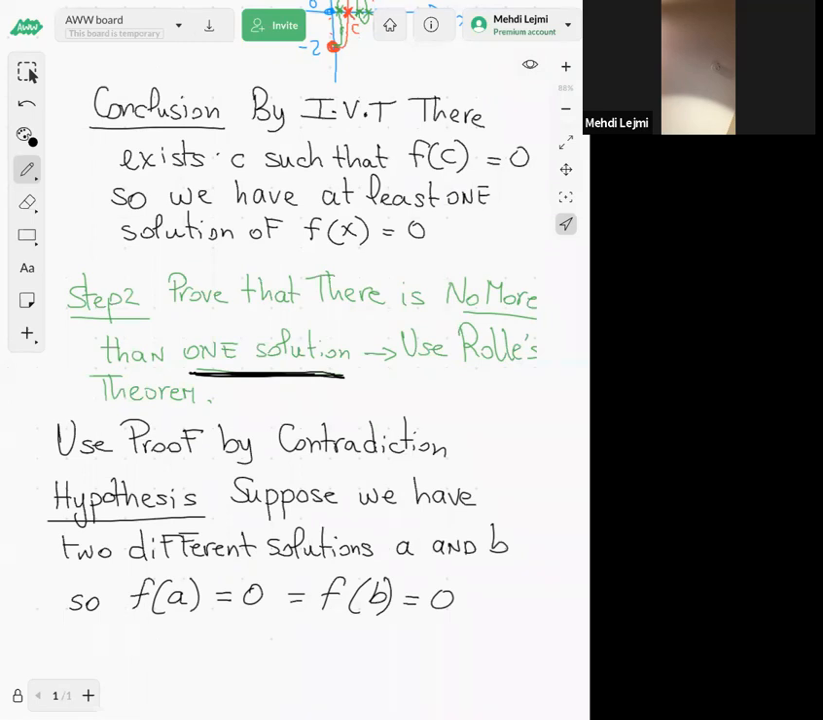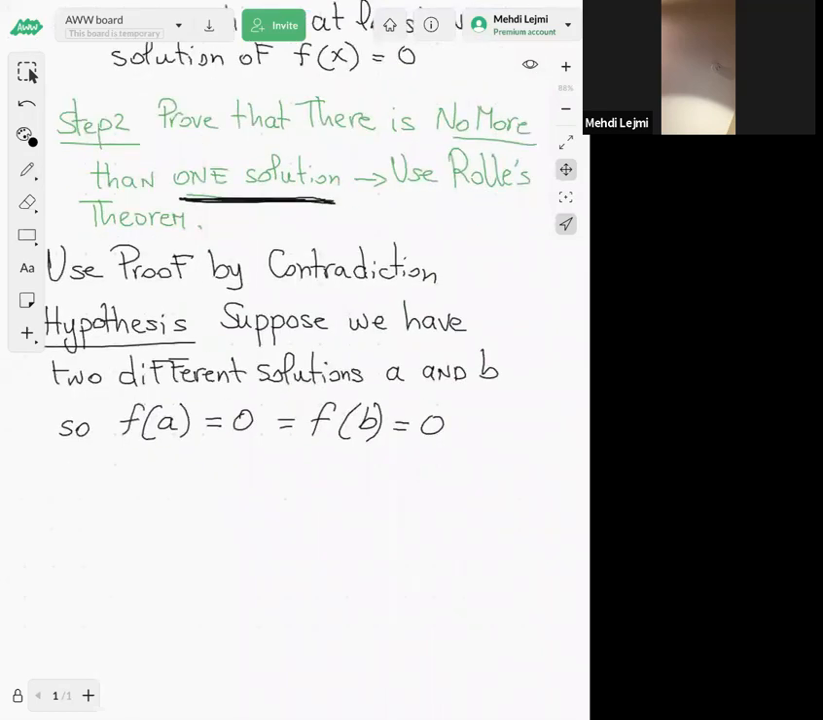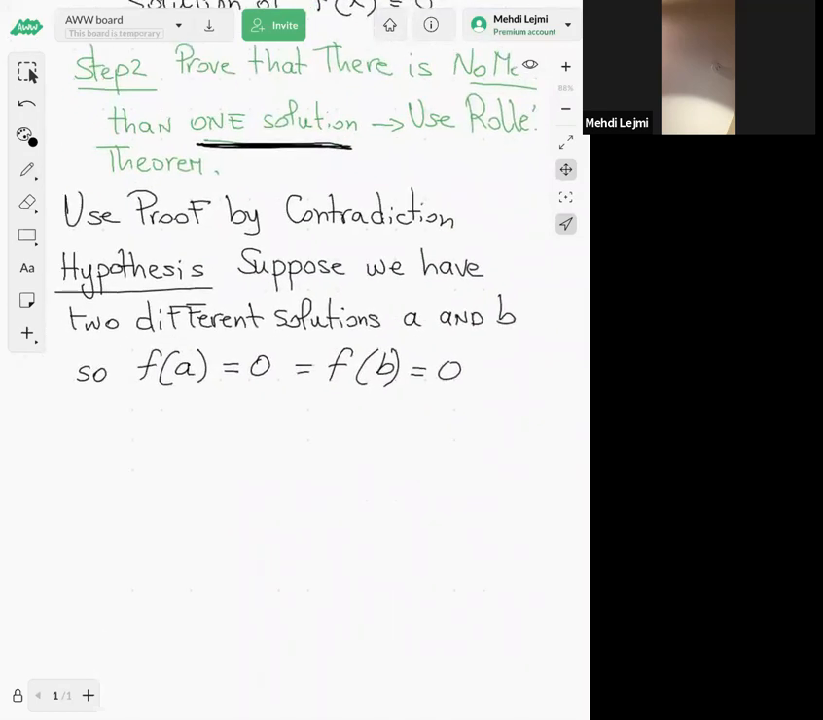So I have these two solutions, A and B. Both are equal to 0 because both are solutions of f of x equal to 0. So what does Rolle's theorem say? Well, Rolle's theorem says that if you have f of A equal to f of B, equal to 0, then by Rolle's theorem there exists